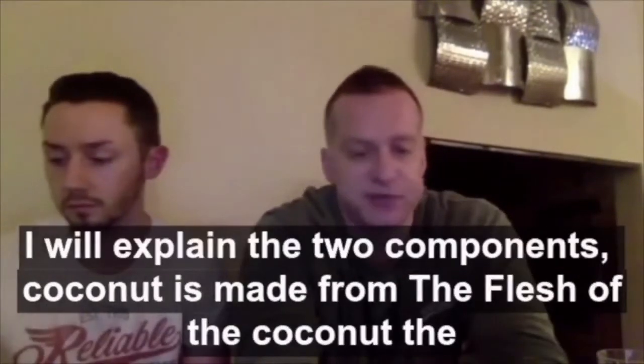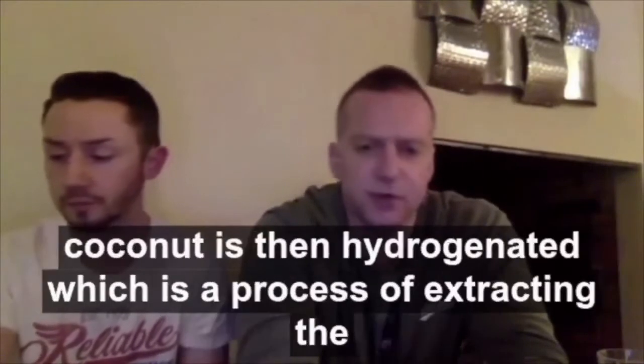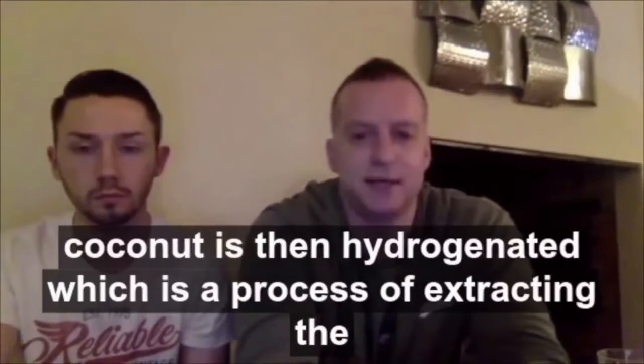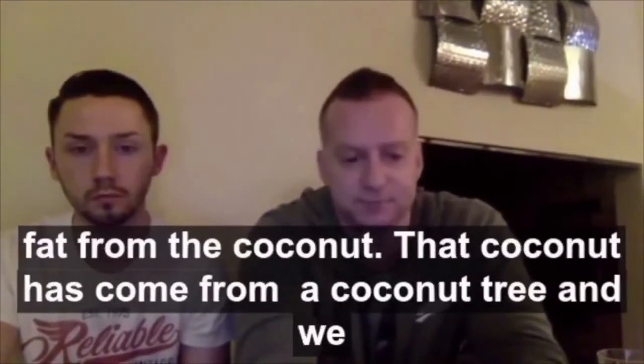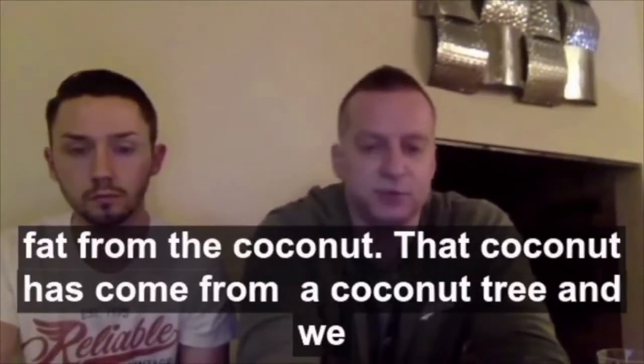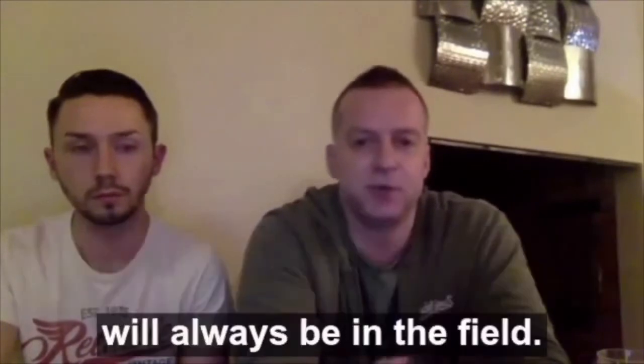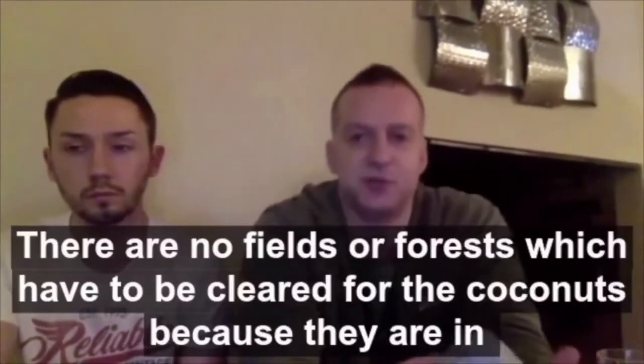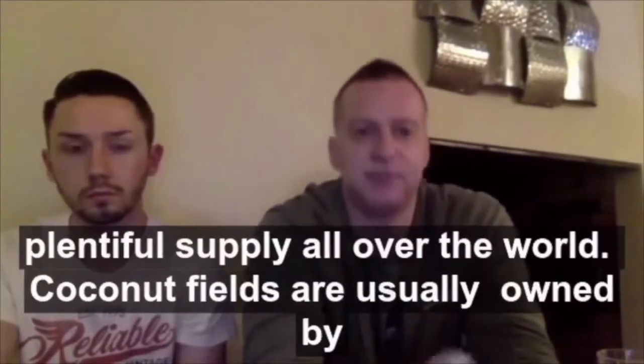Coconut wax is made from the flesh of the coconut. The coconut is then hydrogenated, which is a process of extracting the fats from the coconut. That coconut comes from a coconut tree, and that tree will always be in the field. No one's going to rip the tree down, so we can therefore call it sustainable. There are no fields or forests which have to be cleared for the coconuts because they're in plentiful supply all